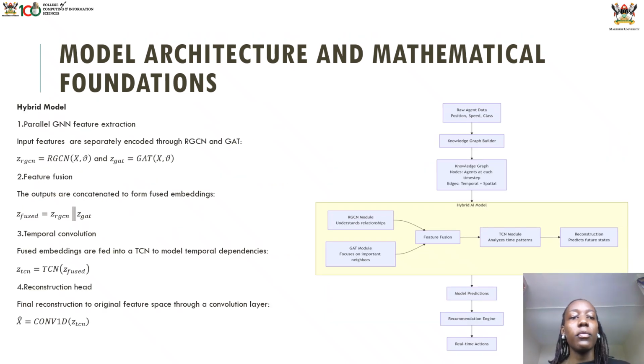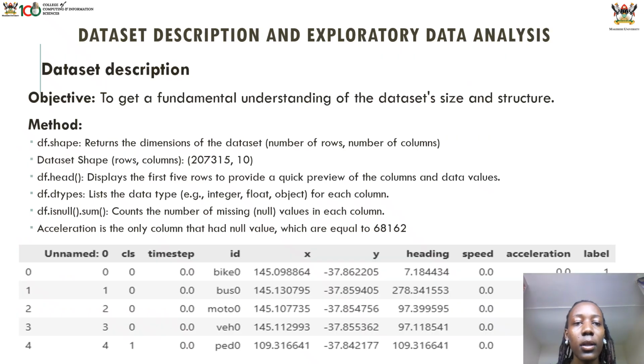Then the hybrid model basically combines all of these models to be able to give a fair recommendation, as you see. Then we move on to our data set. The data set had 10 columns and 207,315 rows, and the objective is to fundamentally understand the data set, its structure, its size, and we found out